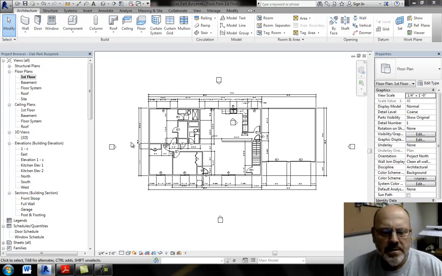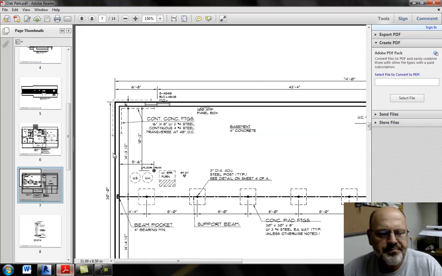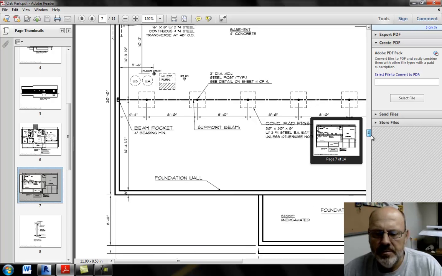Okay, we're going to take a look at working on the sectional views. Try and get two of them finished this morning. If we go back and look at the PDF, some of the information that's on here will be repeated on the sectional view. So if I'm looking at the front stoop and the basement walls, I'm going to be looking